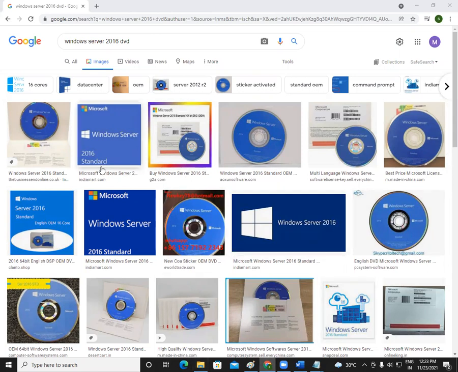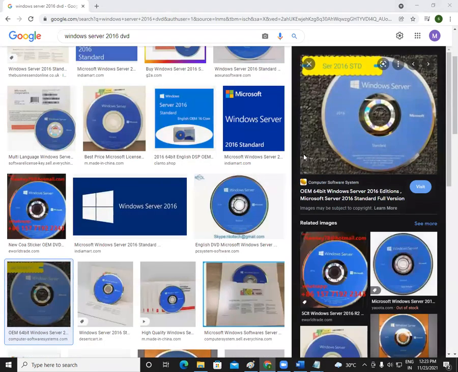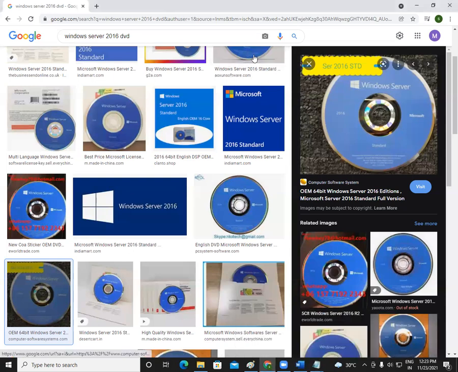Okay, fine. So this is your Windows Server DVD. We can take a DVD like this. This is actually your real DVD. The operating system will be available on this DVD, and we can take this DVD and do the installation in our machine. Okay, there is one more question here: C and D both primary? Yes, C and D both will be primary. If you install 2 operating systems, then both the partitions will be primary partitions.